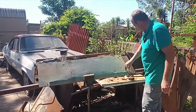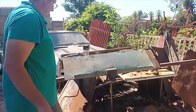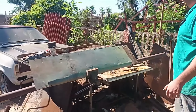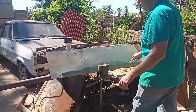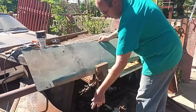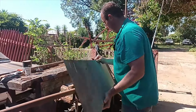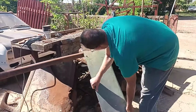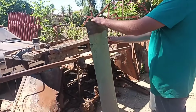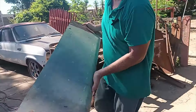Now I'll bend these edges quickly, and then I'll have to figure out these, tack it all together, shape it, and then I have to make a lip for around the edges. Okay, we quickly start bending these lips and these edges, which is fairly easy. And just double check it on the car,